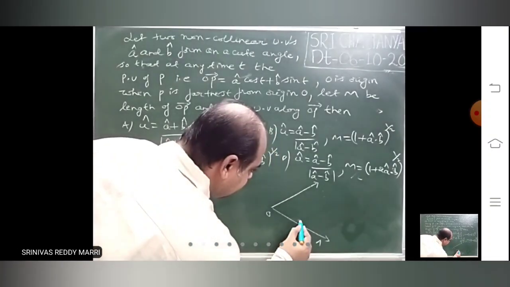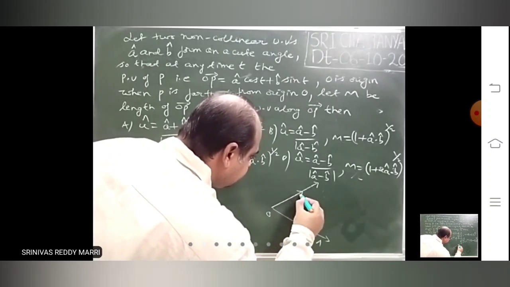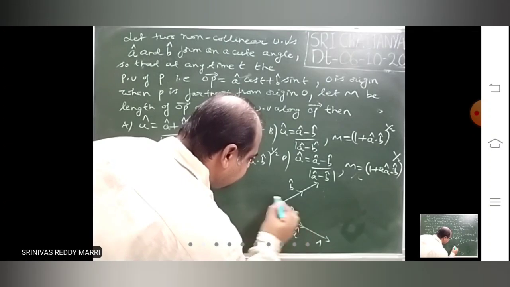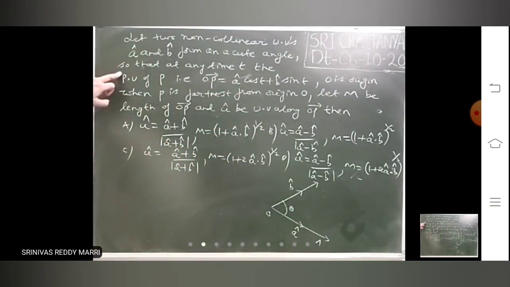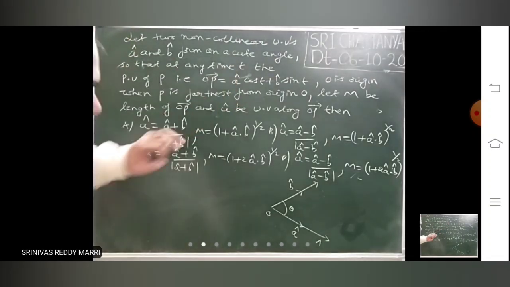This is A cap, OA bar is A cap. So this is B cap. And the angle between these two vectors is given. Right? So like this, at any time t, this is the origin,